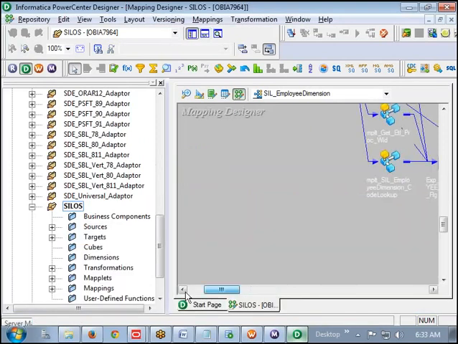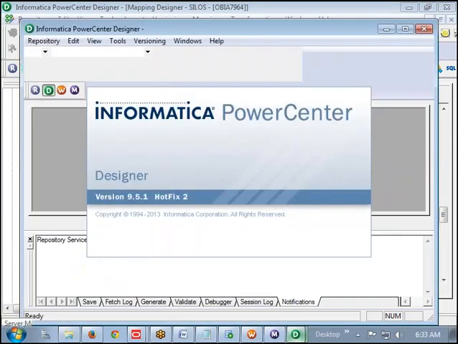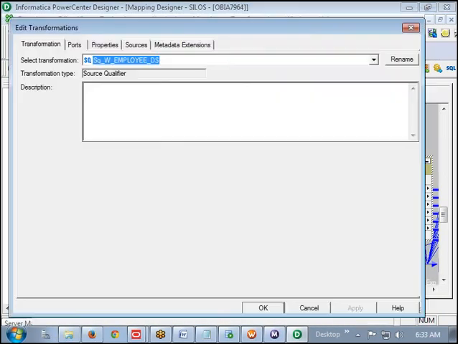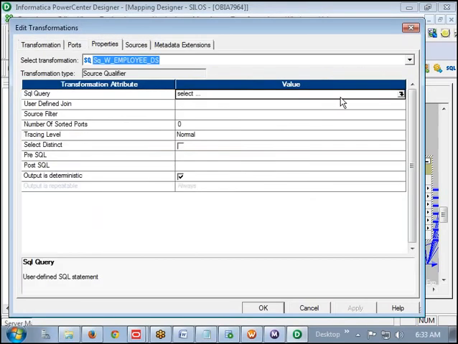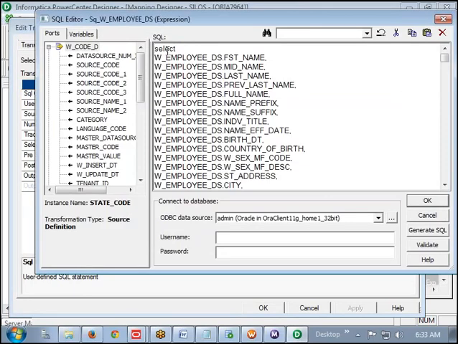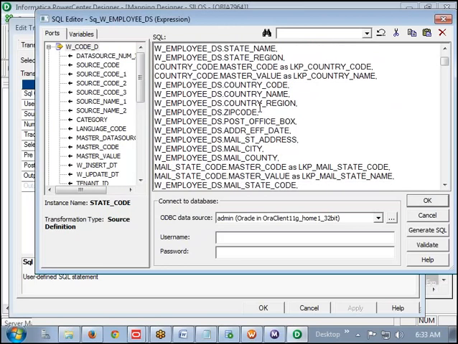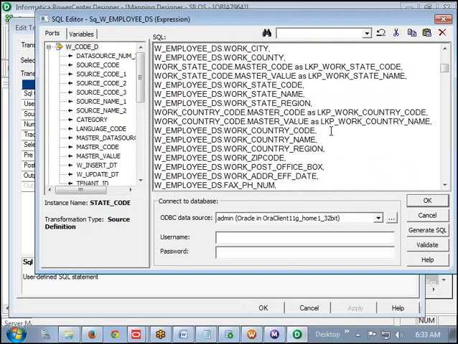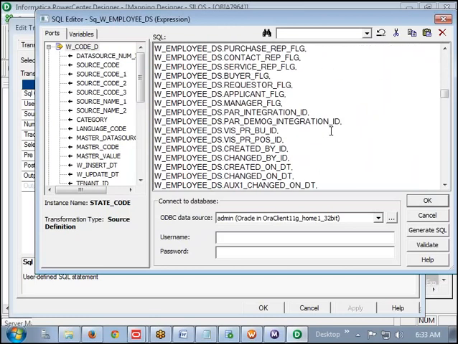Now if you go and try to observe here, we have something called source qualifier. If I double click on this one, there we have the properties. Then we can observe the select query, select this column and so on. We are trying to select a number of things here, and we are also giving some alias names. And once we selected all these columns,